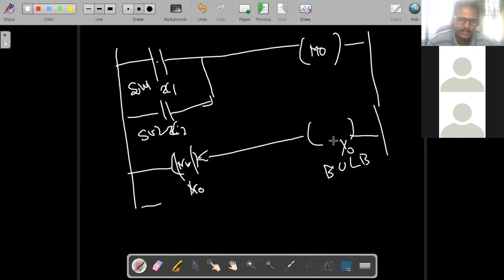M0 is already directly connected to the bulb only. This is my M0. I'll take you to the